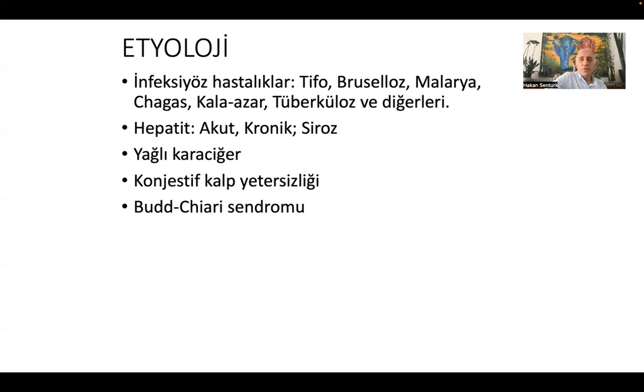It may be due to acute hepatitis, which is very common, sometimes in chronic hepatitis, but in cirrhosis, in the initial stages, the liver may be enlarged, hepatomegaly may be present,